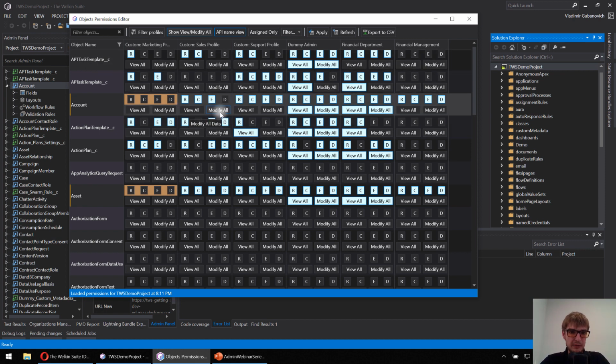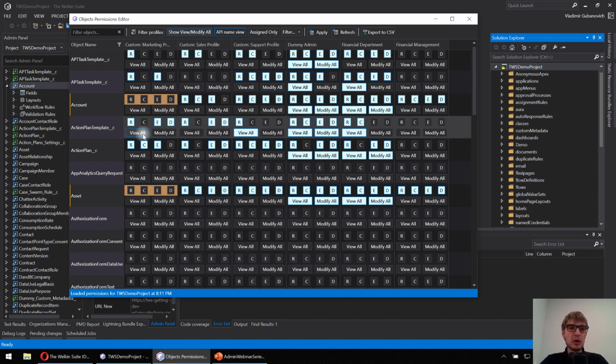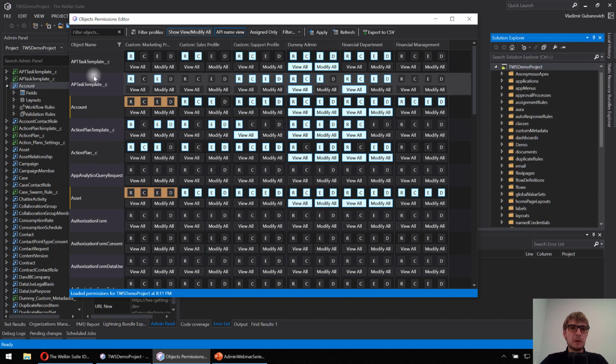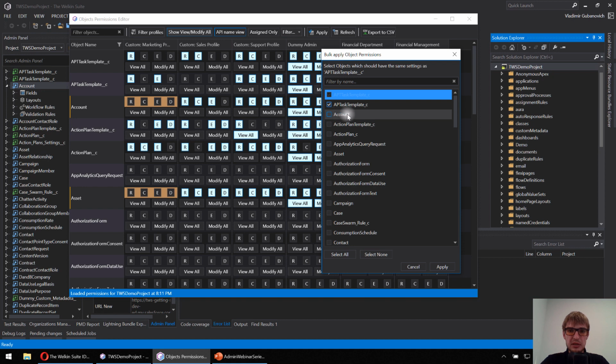Another and my most favorite part of all of our, let's say, bulkified tools and editors in the Welkin Suite, it's an easy way to clone settings. For example, I can right-click on any profile and bulk apply the settings from this profile to other profiles. Or I can do absolutely the same for objects. So for example, I can right-click on the up task template object, select bulk apply, and apply the same settings to task template,